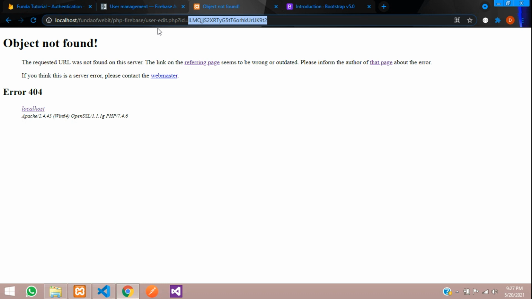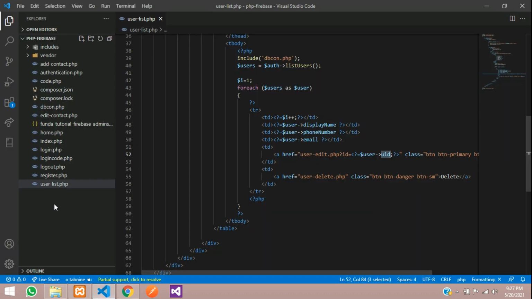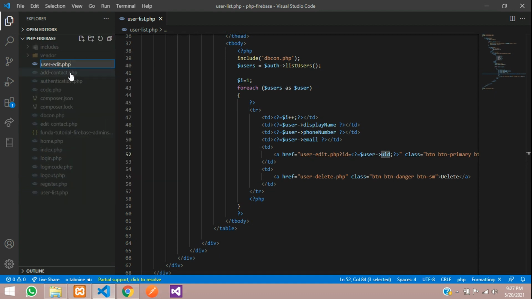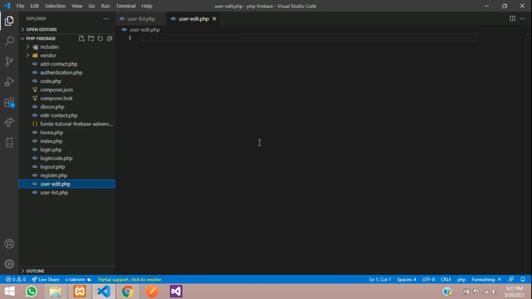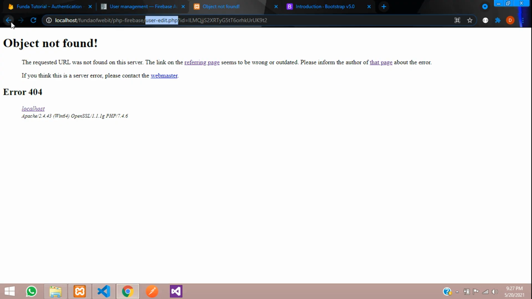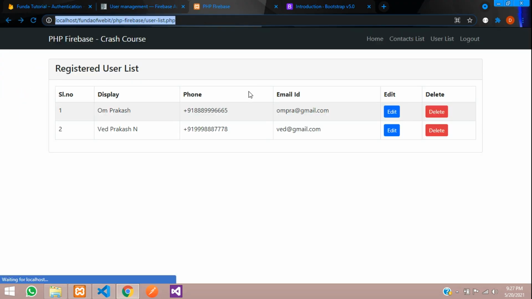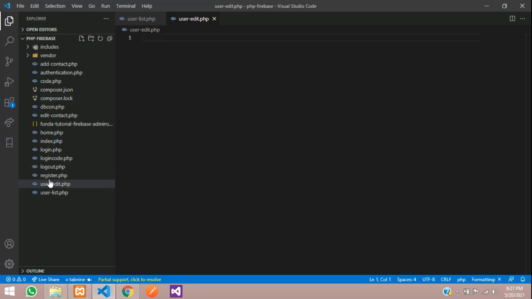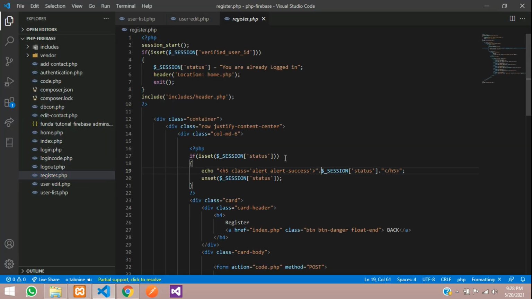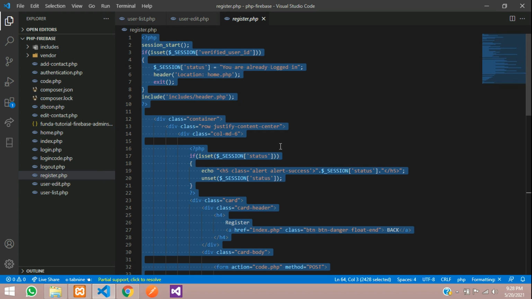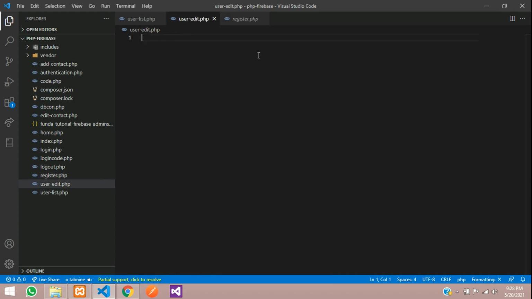Now let us create a user edit.php file first to edit the data. Right click, new file, user edit.php, and now let us copy the same form which we used to register the data. Let's get back, select the register file, Control A, and paste over here.